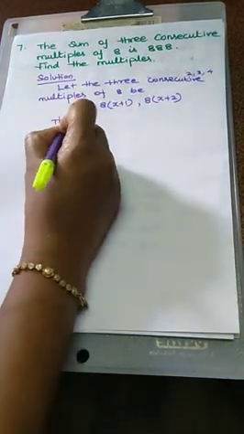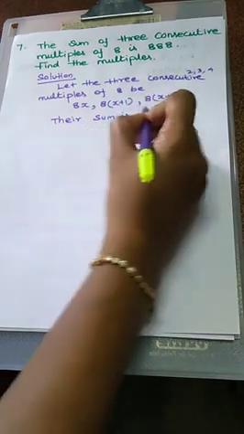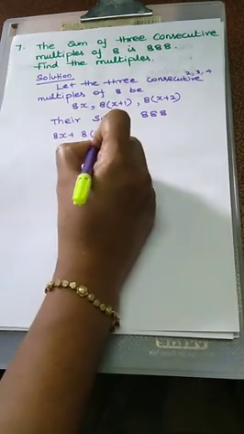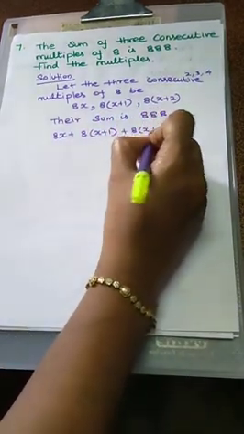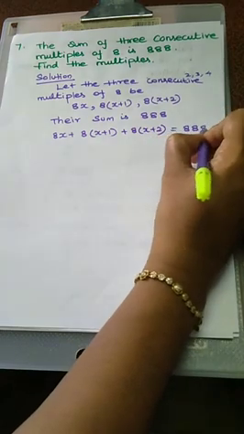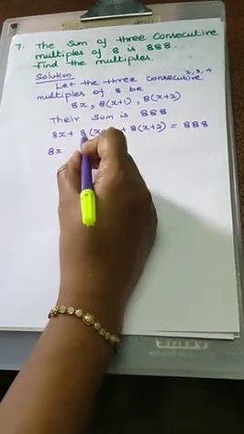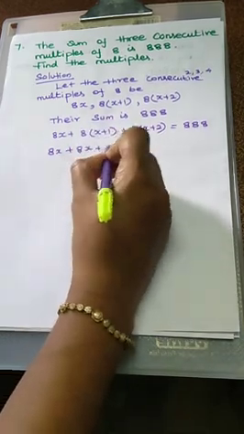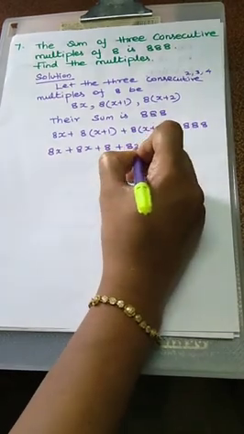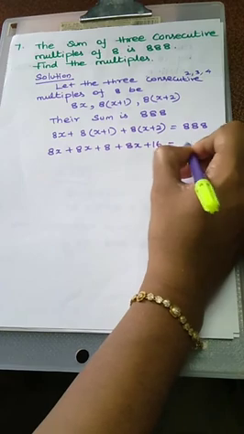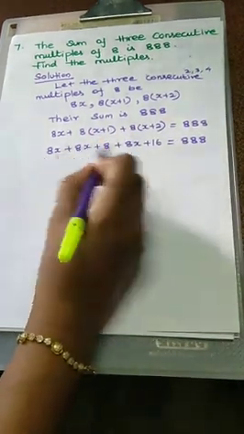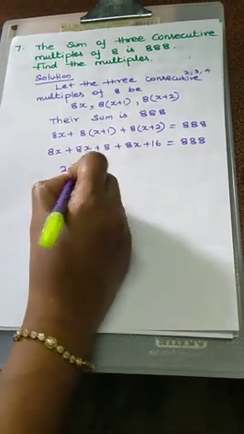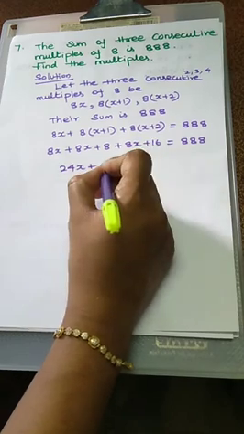Okay. Their sum is 888. Sum means we just add the value. So 8x plus 8 of (x plus 1) plus 8 of (x plus 2) is equal to 888. Now we just multiply the bracket values with 8. So 8 into x, 8x. 8 into 1, 8. Next 8 into x, 8x. 8 into 2, 16 is equal to 888. Now add the values. Actually 8x plus 8x plus 8x, that is 24x, plus 8 plus 16, that is 24, is